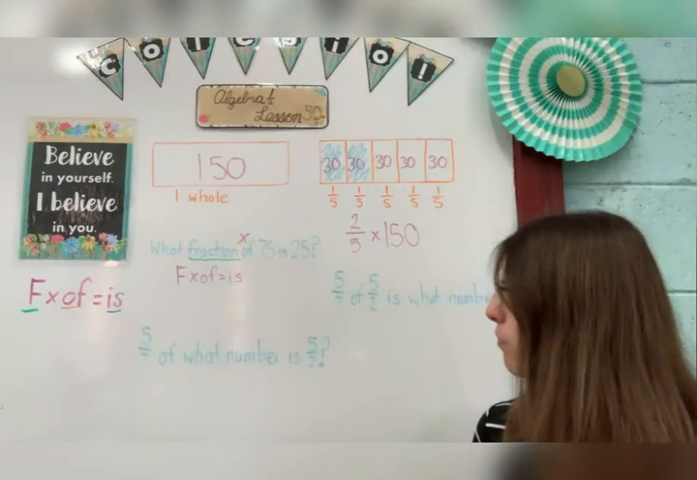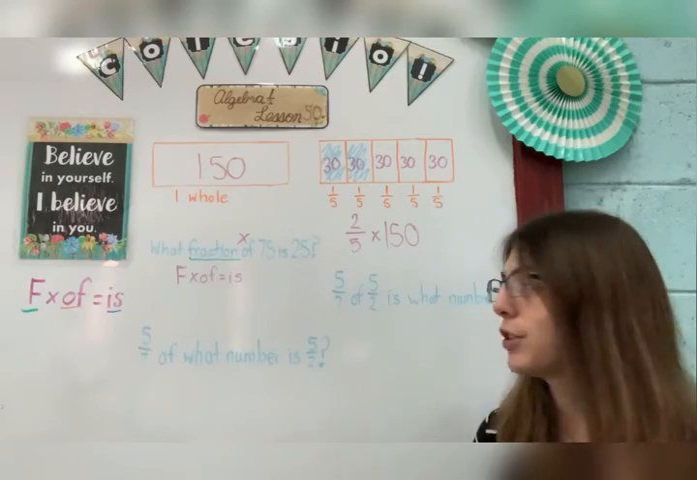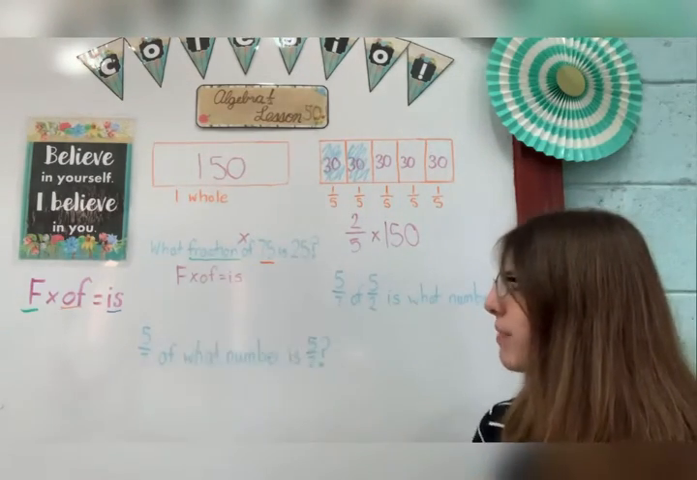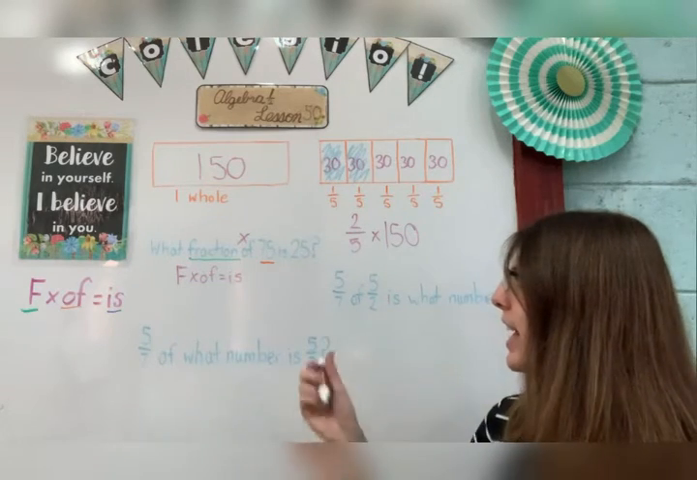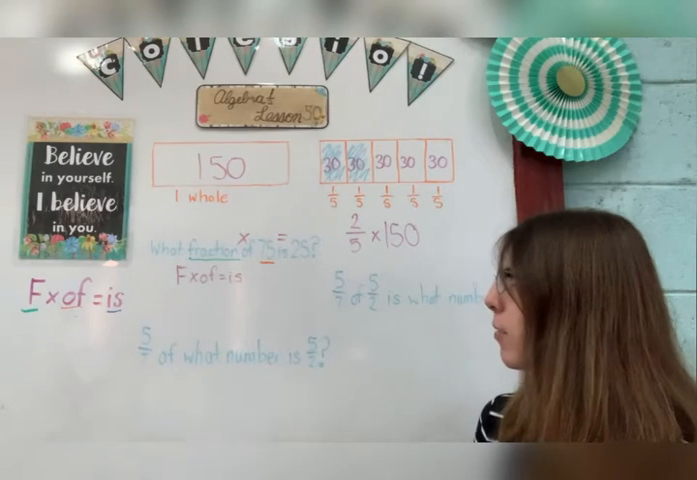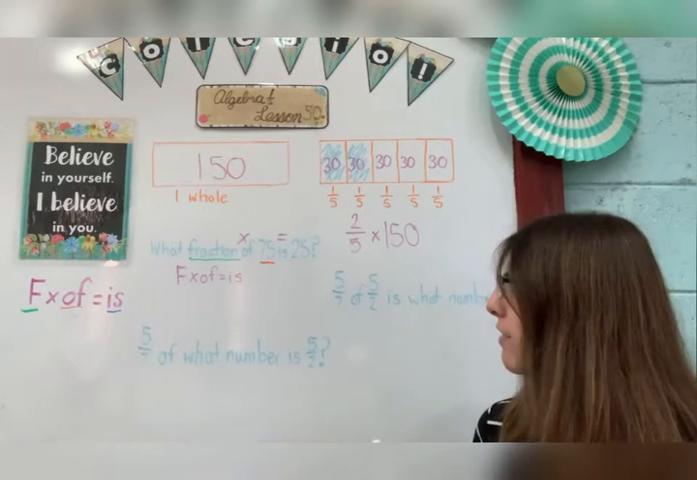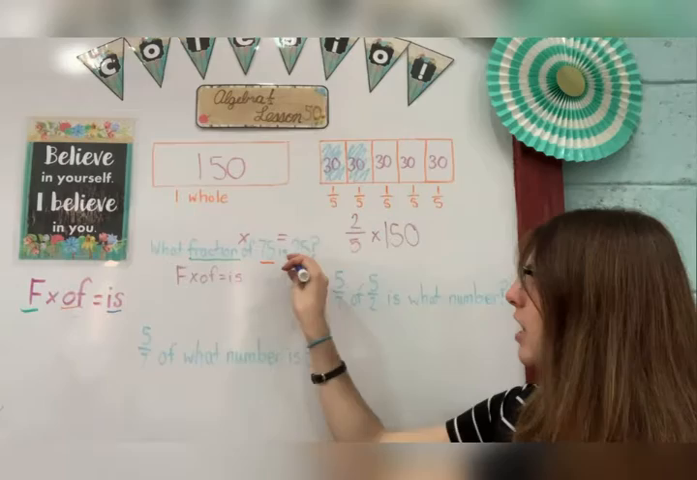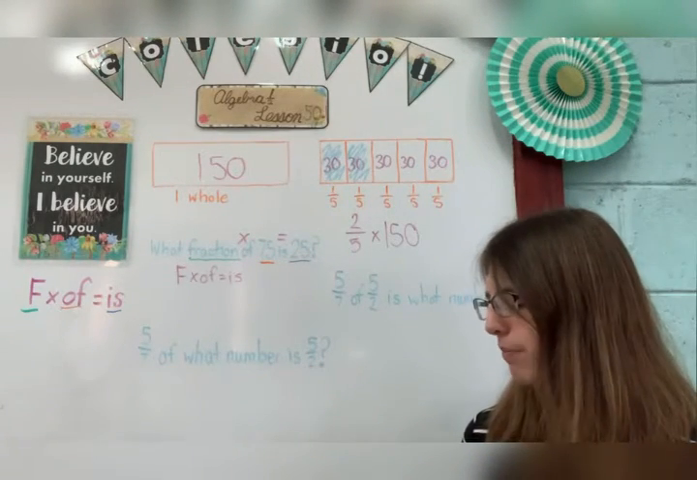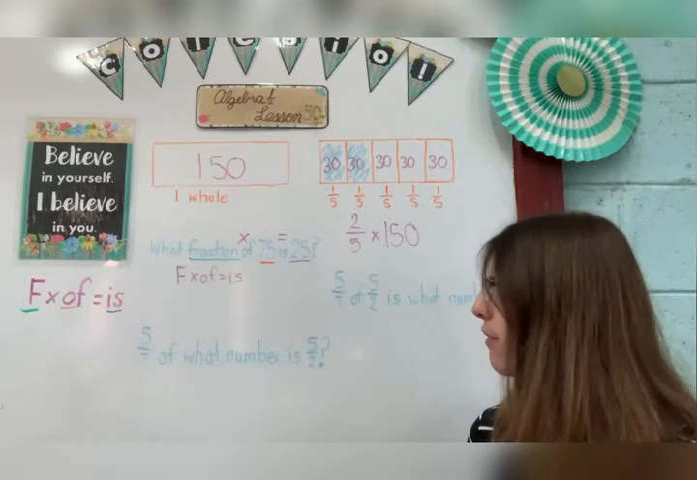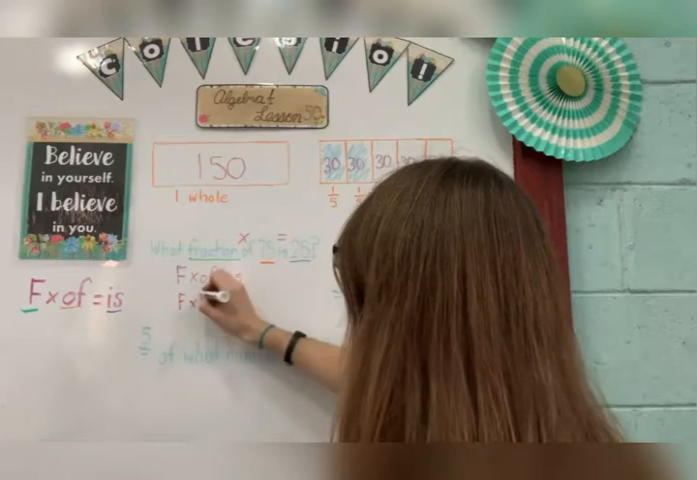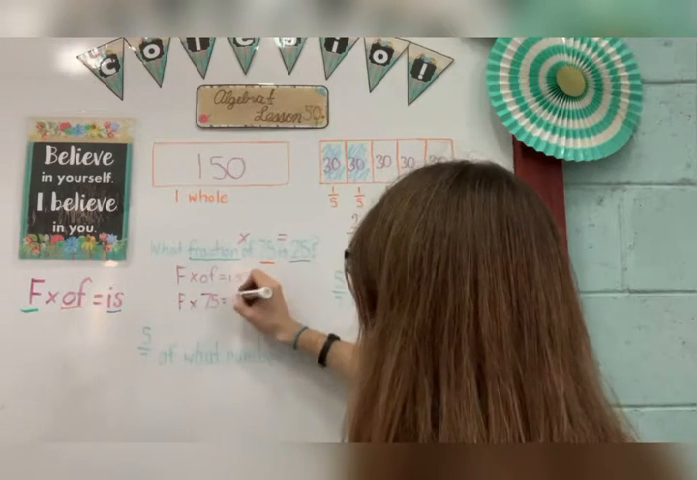So that's the number that would go here for of. Is, and anytime you see is, that means equals. So here's our equation coming to life in our problem, 25. So my is number right here. So I put those into my equation. The fraction, that's what I'm looking for. So my fraction times 75 equals